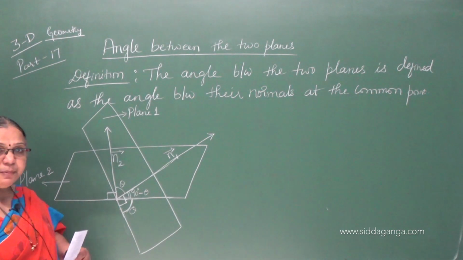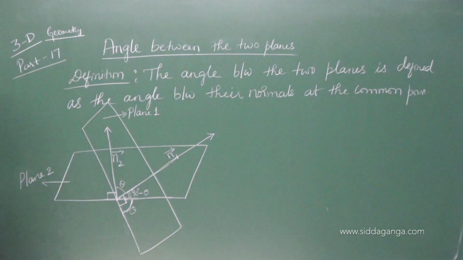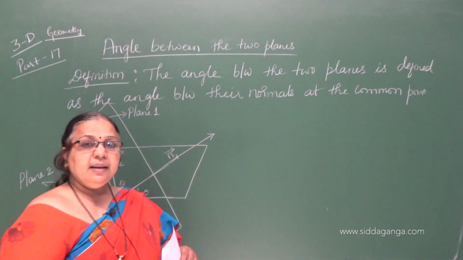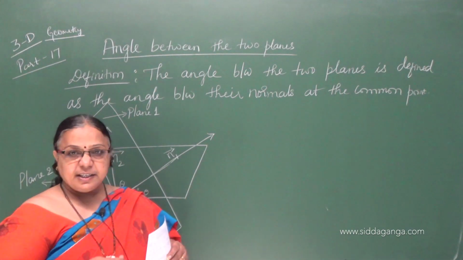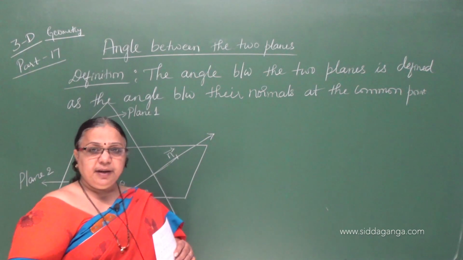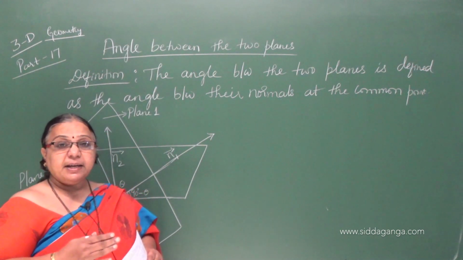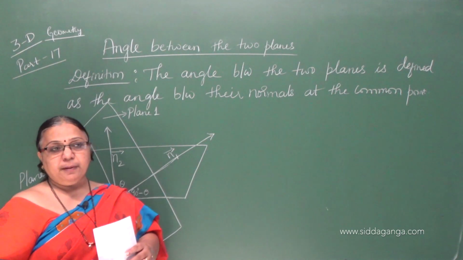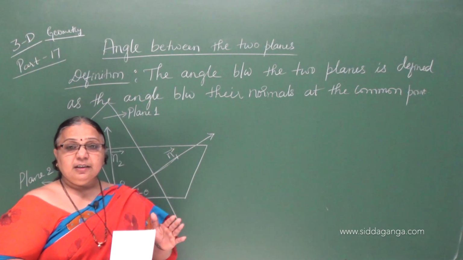Already in the vector chapter, if vector A and vector B are the given two vectors, then the angle between those two vectors is given by cos theta equal to vector A dot vector B divided by magnitude of vector A into magnitude of vector B. Similarly for straight lines in a plane,